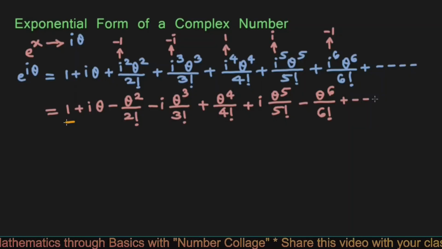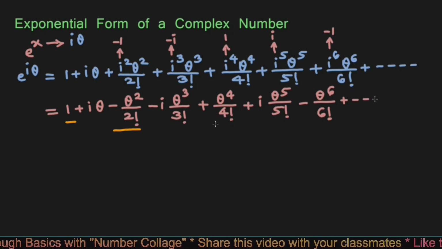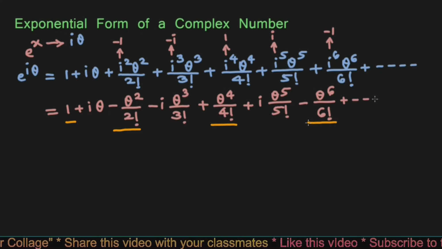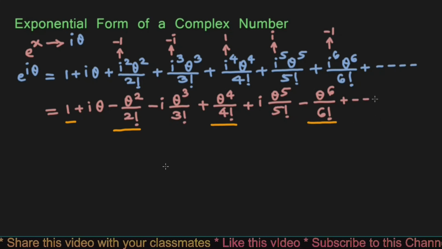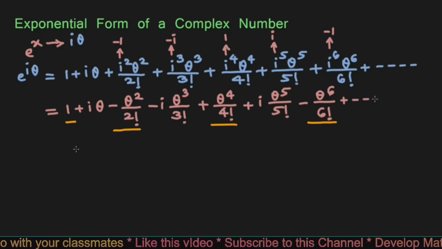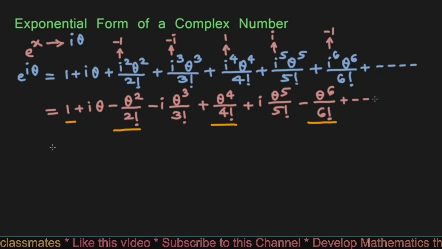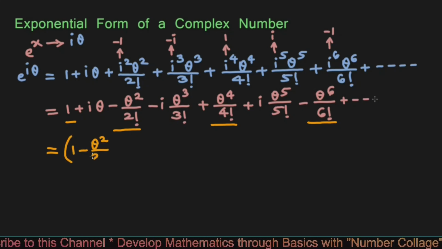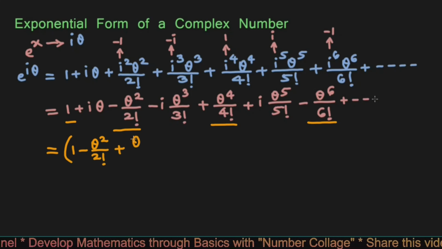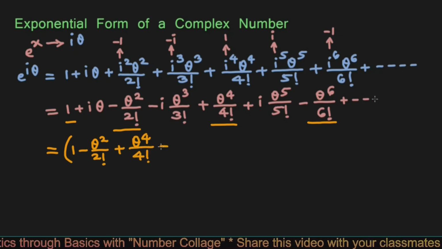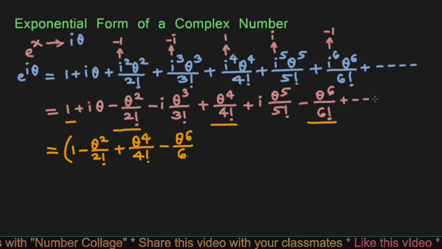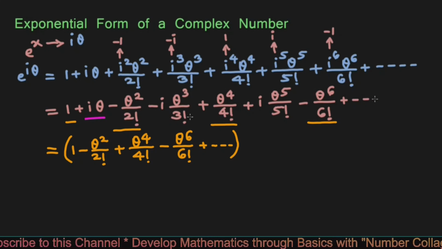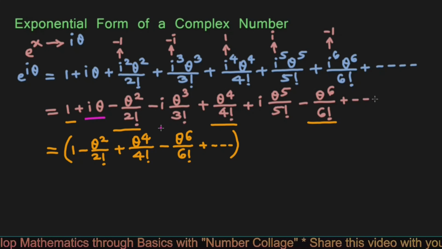Here the terms 1 minus theta square upon 2 factorial plus theta raised to 4 upon 4 factorial minus theta raised to 6 upon 6 factorial, etc., represent expansion series of cos theta. So we will write these terms in a separate bracket: 1 minus theta square upon 2 factorial plus theta raised to 4 upon 4 factorial minus theta raised to 6 upon 6 factorial plus so and so forth,